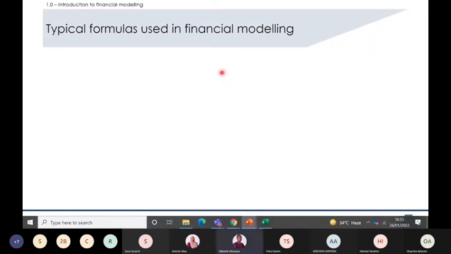Right? So I said that financial models are built mostly on Excel. And to build this, you need to have a very good understanding of